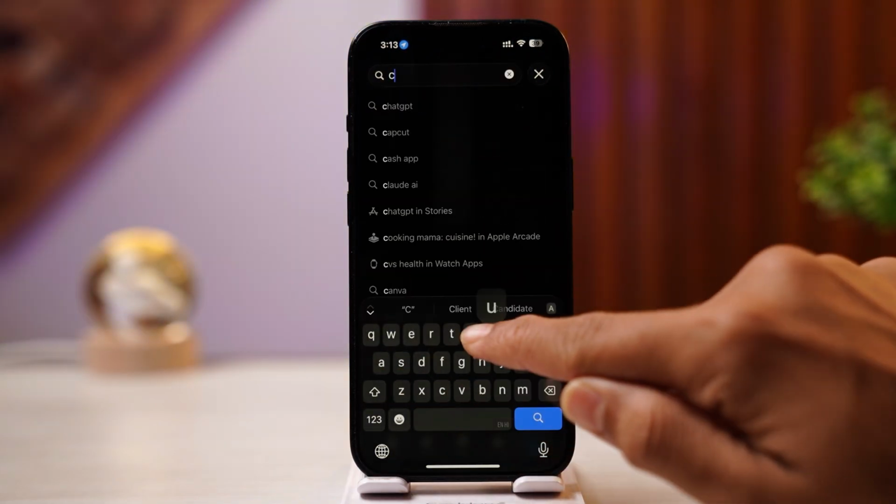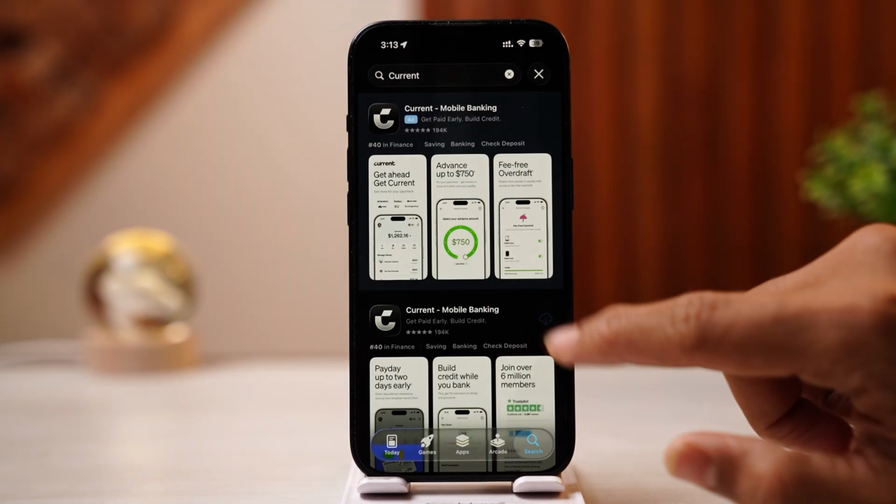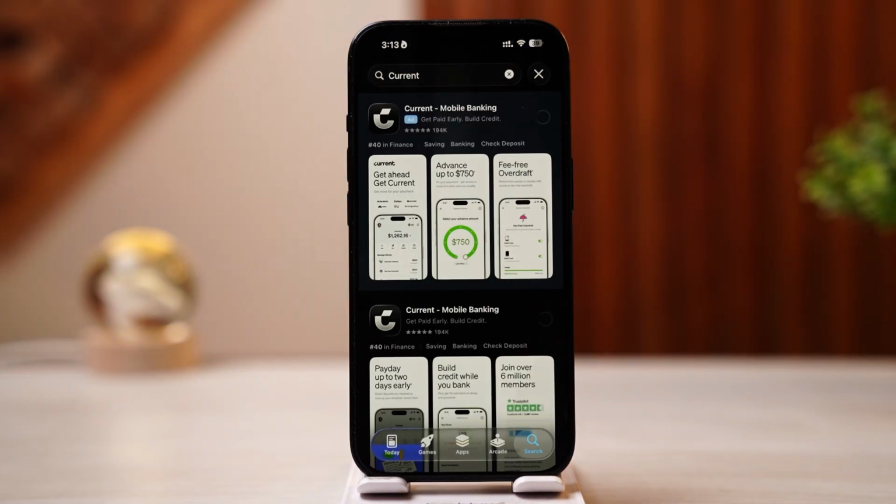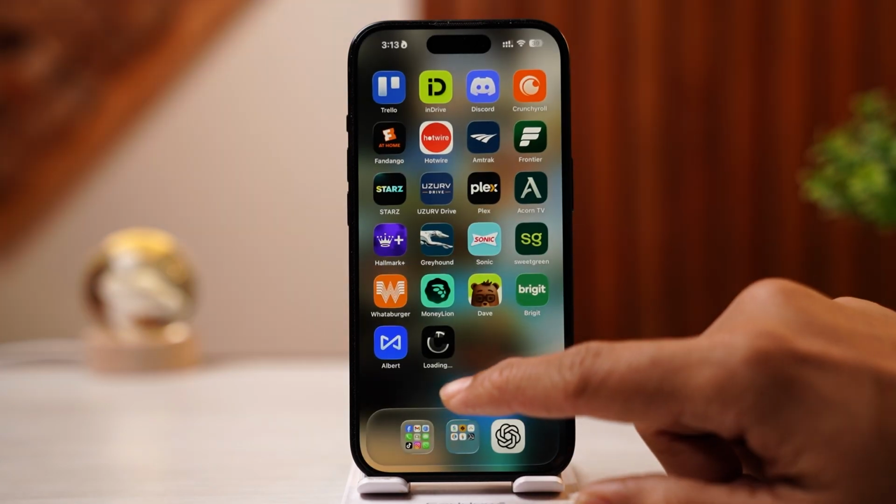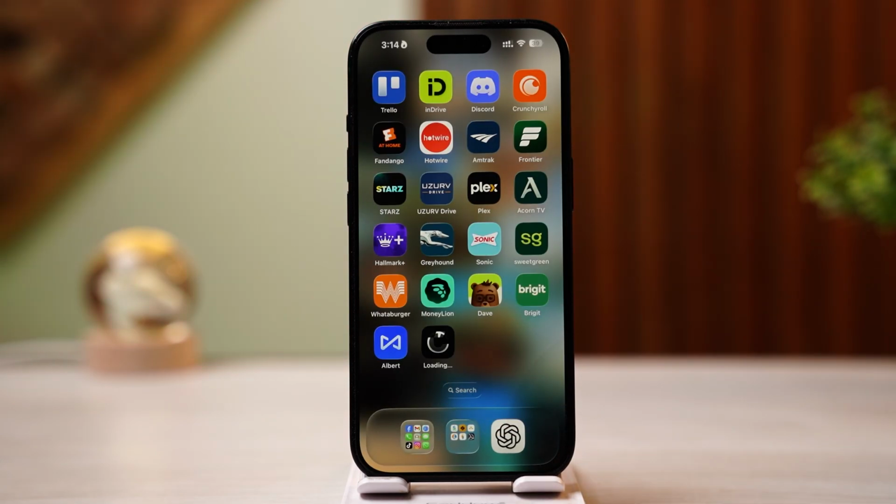Here you want to search in current. Tap on this download option to download the app again, and you shouldn't be facing any problems the next time you're making transactions since restarting the application fixes most of the errors. However, if you're still having any problems while making transactions, you can simply restart your device once, and if that